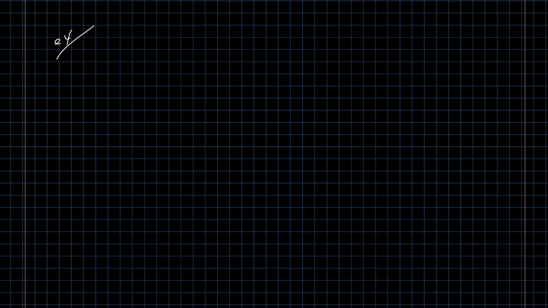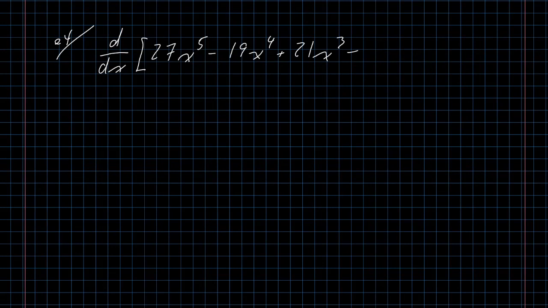All right, let's take a look at one more problem just like that before I go on and look at a couple of other applications. A nice large polynomial, fifth degree polynomial. 27x to the fifth minus 19x to the fourth plus 21x cubed minus 11x squared plus 43x minus 196. But it's a polynomial, so I can use linearity and I can use the power rule to evaluate this relatively